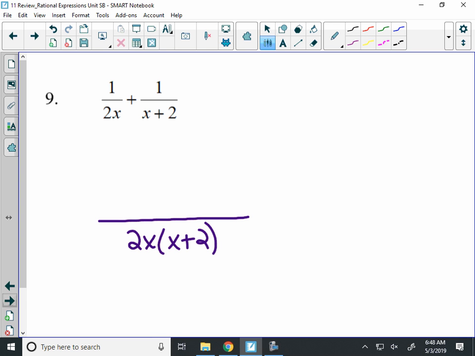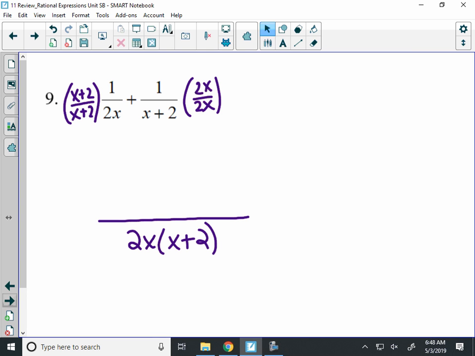Well, the left fraction is missing the x plus 2. So what you have to do is multiply the left fraction by the x plus 2, the part of the denominator it's missing, and the other fraction here on the right is missing the 2x. That'll get both denominators to be what we want. Now we just have to simplify the numerators. You guys know that I'm going to write all the steps out here, but if you want to